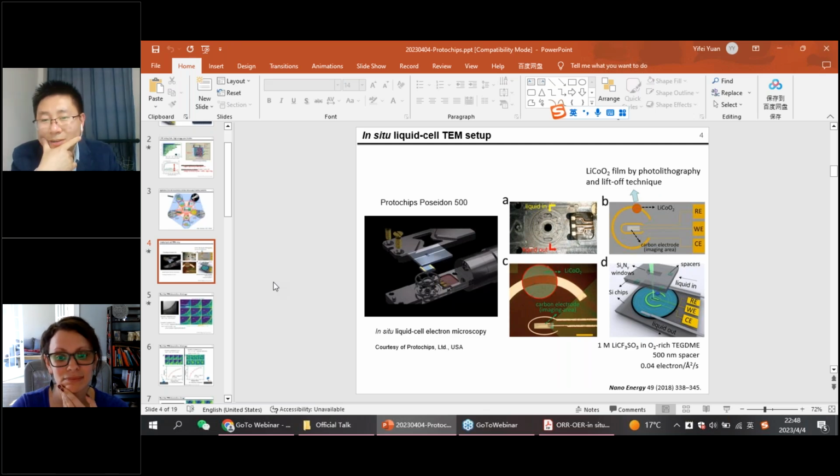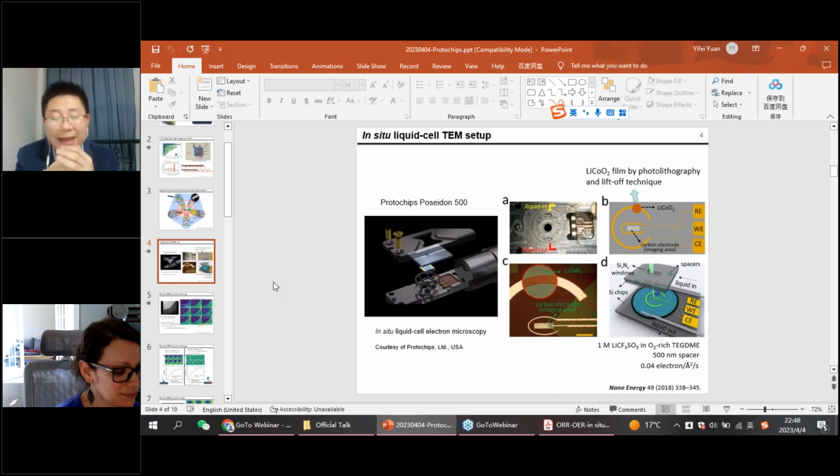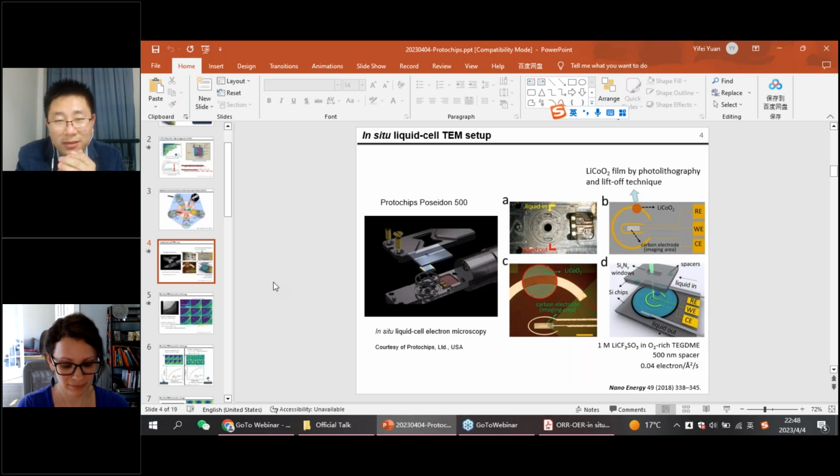I think the result, because we do the charge and discharge, we see that the battery can actually work, and we can see the reversible formation and decomposition of the material. We also make some other compromises, like we use